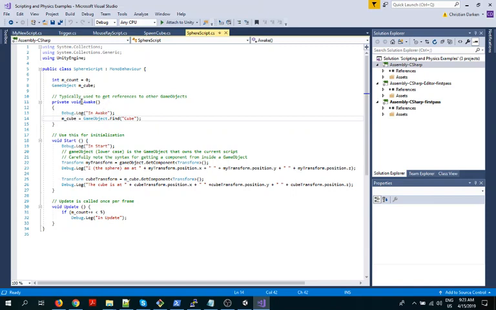All right, then we come into this awake. Again, this is going to happen first, not because it's before start in the file, but because of that order of event function execution that I showed you before. Okay, you see what happens here. Debug log, everyone know what debug log does? I don't actually know. Do they do that at all in the tutorials? That's the way you write to the console. So that's your console write. Again, you know I love my console writing, and pretty much everyone does because it's just a very good tool, easy to understand, so there you go.